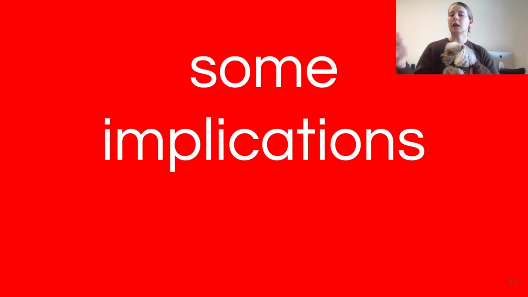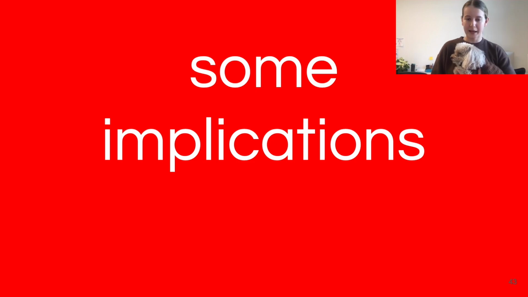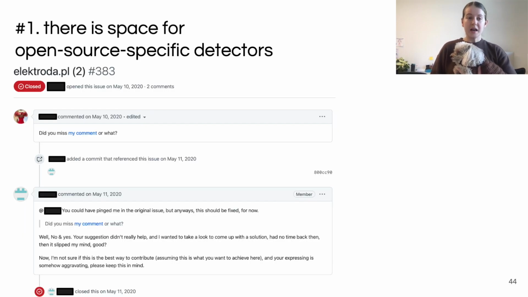Okay, now that we've gone over some results, what does it all mean? What do we do with it? Let's go over some implications. First, there is space, and some might say plenty of it, for open source specific detectors. Because off-the-shelf language-based detectors of toxicity trained on data from other platforms can now be relatively confidently expected to not